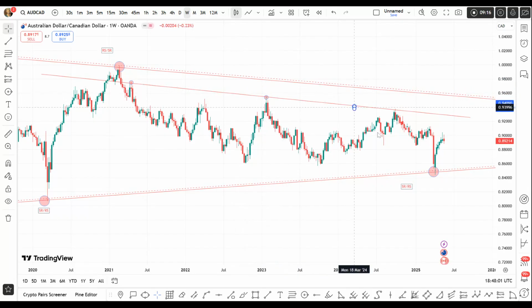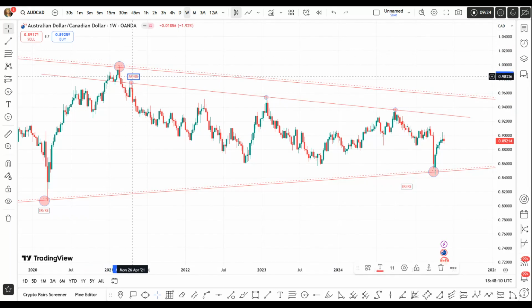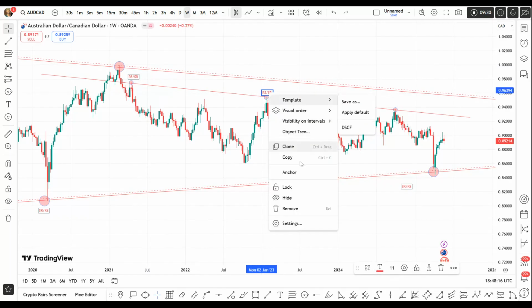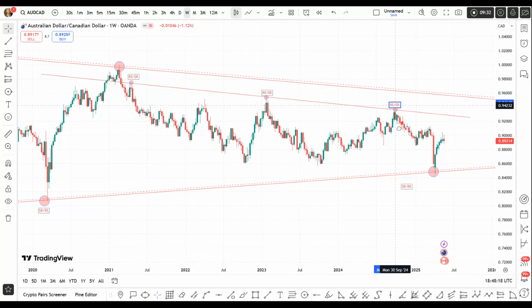And price returns again in September 2024. This becomes a very strong ROS level and also a supply roof, a mid-term supply roof. So we have two supply roofs now, long-term and mid-term. This one is short, the other one is long. So wherever price comes in the future, now that we have that very beautiful monthly rejection on the demand floor,